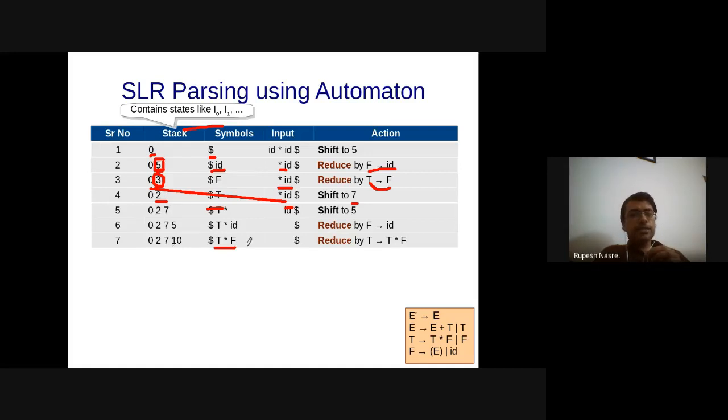Right? At this stage, T star F, so this is an important, a little different point, because so far we were just reducing by one symbol, but now the body of the production contains T star F. So this is the complete handle T star F, not only F, but T star F onto the stack. So on 10, on dollar, that is what we would like to look at.